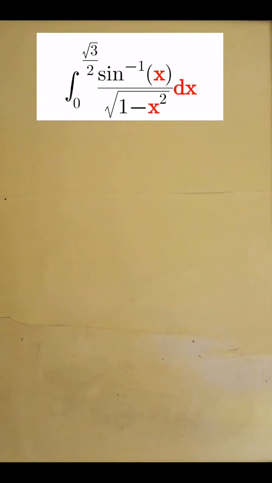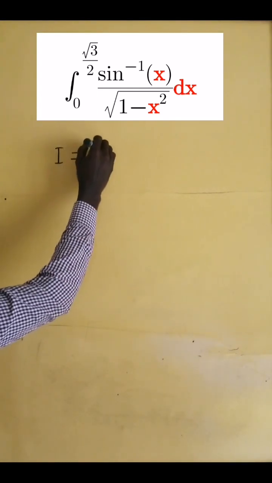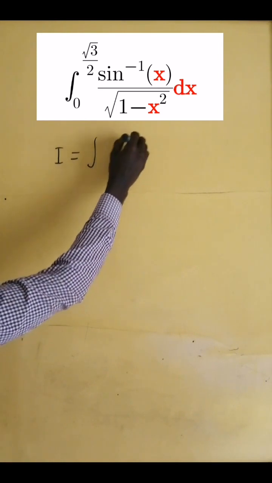Integrate sine inverse of x divided by the square root of 1 minus x squared dx from 0 up to